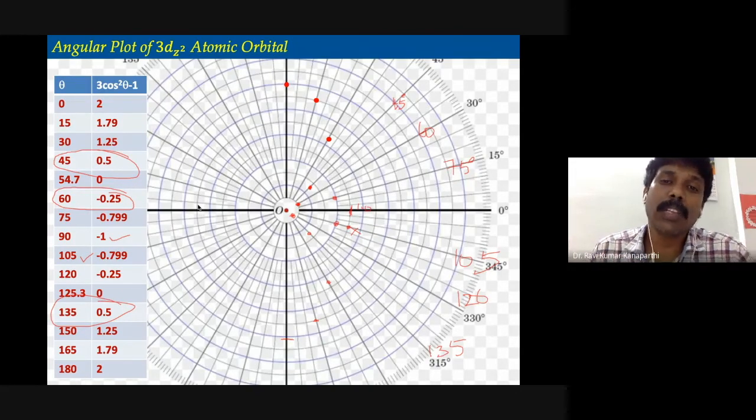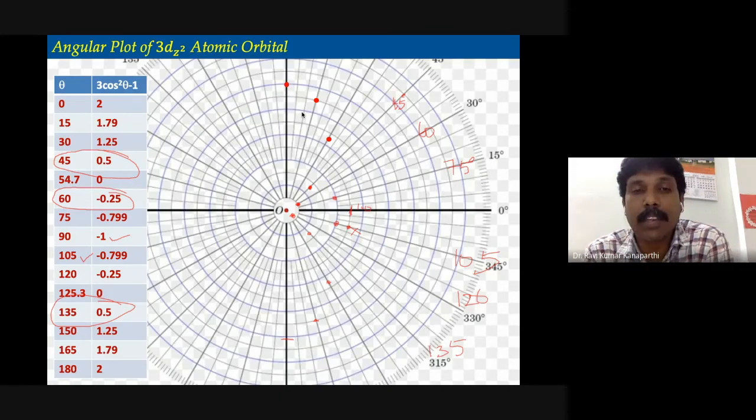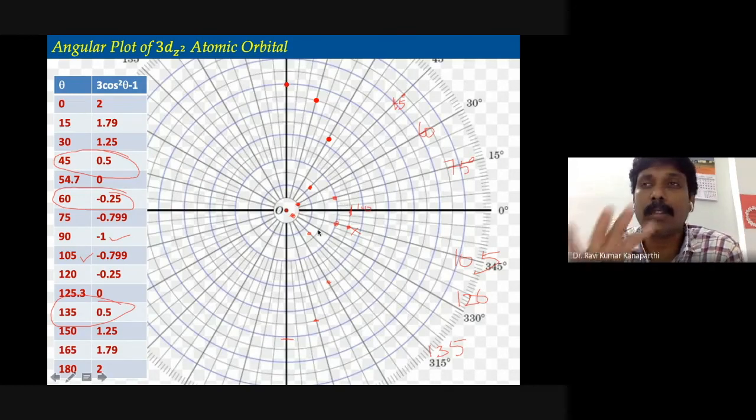And I also told you that the point is not only on the z-axis, it can also be on the other side. Okay, there is no specificity that you have to take only the right hand side, you can always take the left hand side also. So when you take the left hand side, similar type of thing, you will get a nice lobe. So you can see that the point started here, and then it is coming here, and then it is going to 0. Okay, and up to where? When the angle with the positive z-axis is 54.7, the function becomes 0.